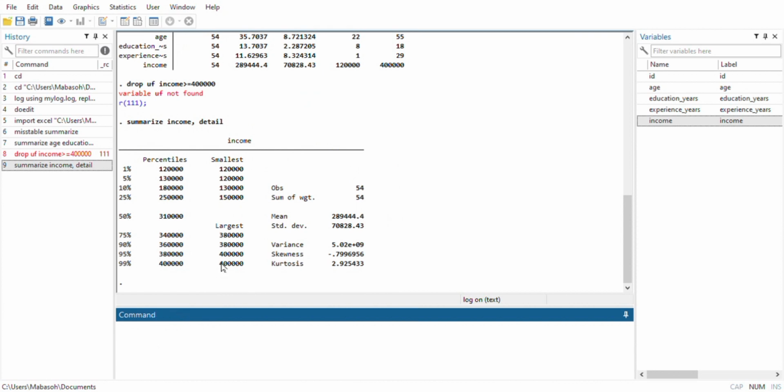As you can see, it has given us the summary of income, which is showing percentiles,